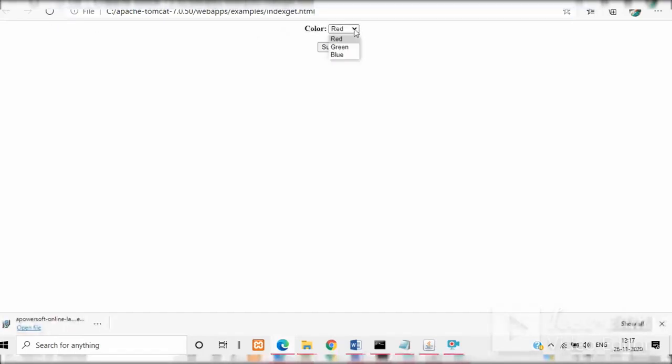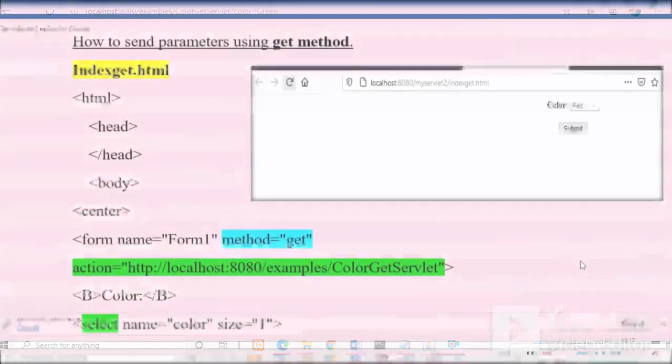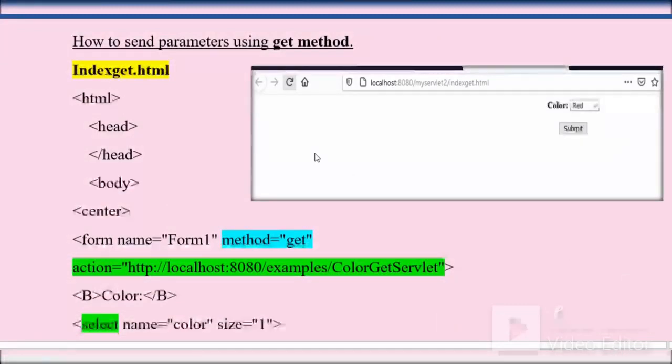Just select any color, red, green, blue, and click on submit. Output is: the selected color is green. Just now we have seen how to execute 2 files, an HTML file and a Java file, using the Tomcat server.